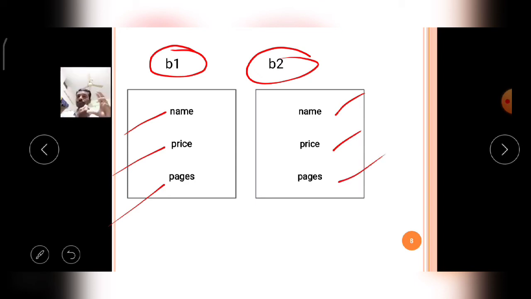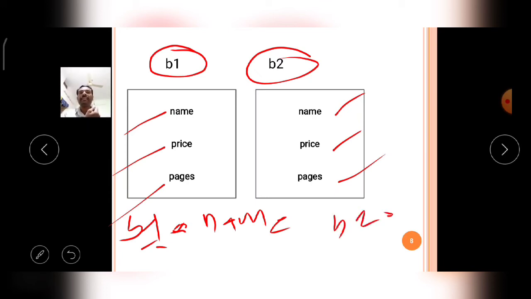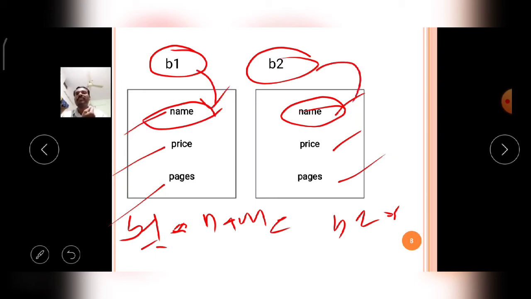How to access these variables? With the help of the dot operator. Now you have to operate B1 dot name here, then afterwards here B2 dot name. So this is called B1 dot name and this is called B2 dot name. That is the difference between these two.